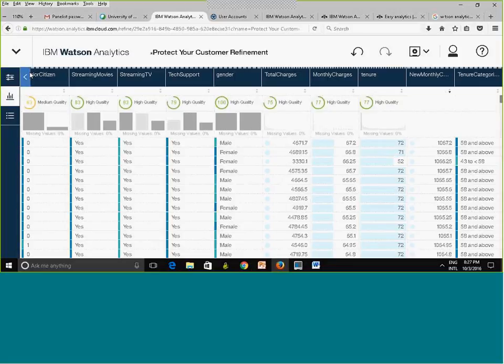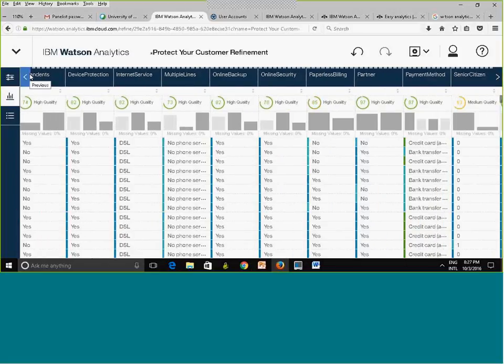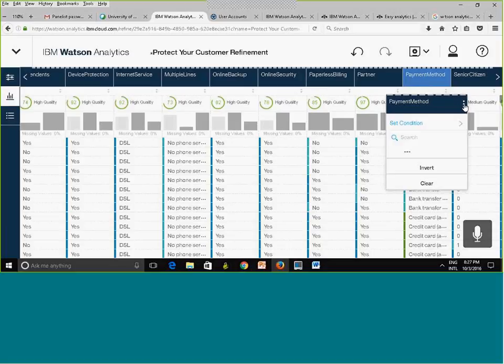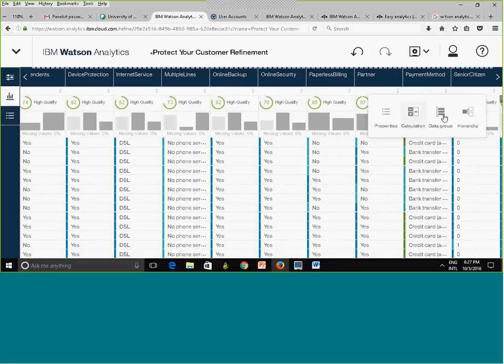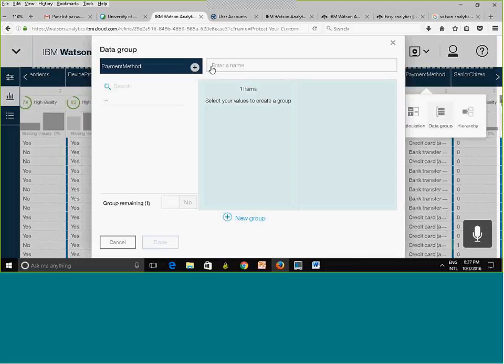This specific data set does not have a very good example, but I can just make up a hypothetical example. Let's pick something where it has multiple values. Same method. I could click here, and I could group 2 methods together. So I could click, and do the data group, and